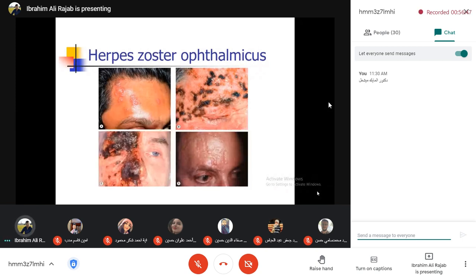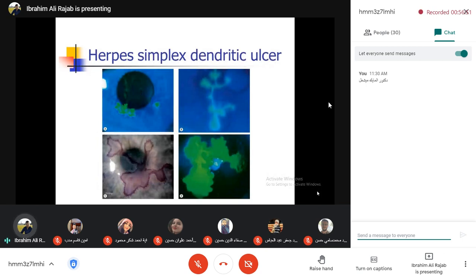زين خلينا نكمل. هذا مريض عنده herpes simplex keratitis، عنده dendritic ulcer، واحنا صابغين الدندريتك ulcer by fluorescein stain. We should treat this patient with topical antiherpetic agent called acyclovir. So we have acyclovir ointment, and we give the patient acyclovir ointment 5 times daily, and we give the patient